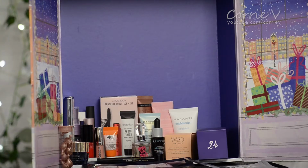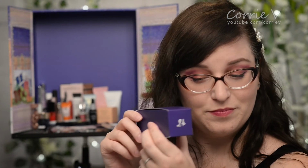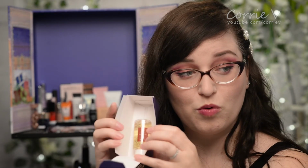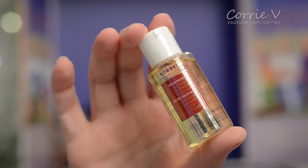Alright friends, final moment. It's Christmas Eve and we have one left. What will it be? Will it blow me away? Ooh, it does feel a little bit heavy. Definitely rattling around in there. What is this? This is from Kors. It is the Wild Rose Makeup Melter Cleansing Oil, which, to be completely honest, is kind of a bummer for